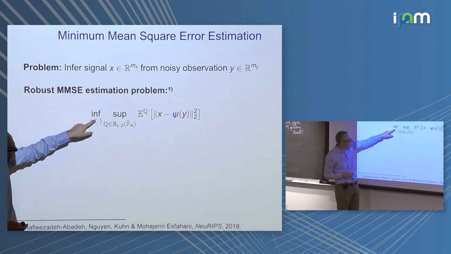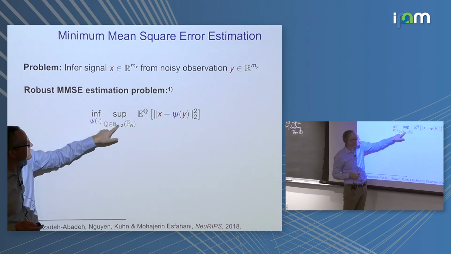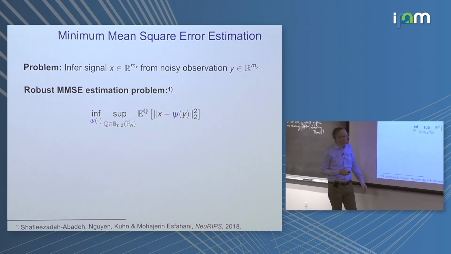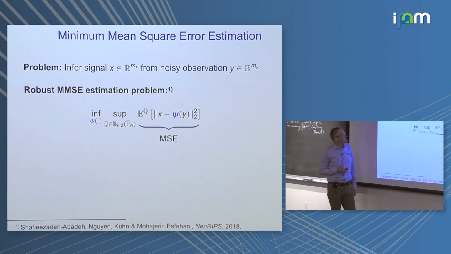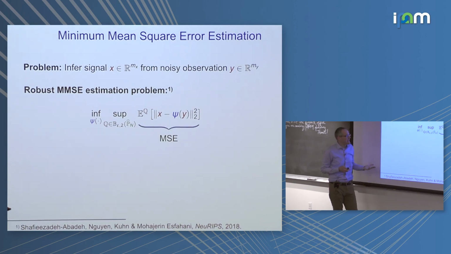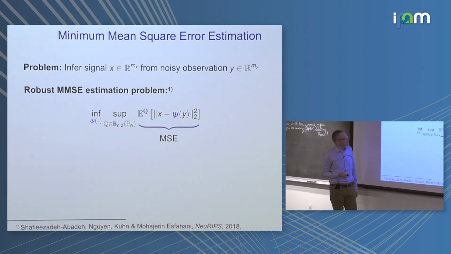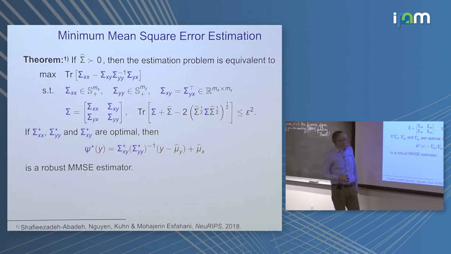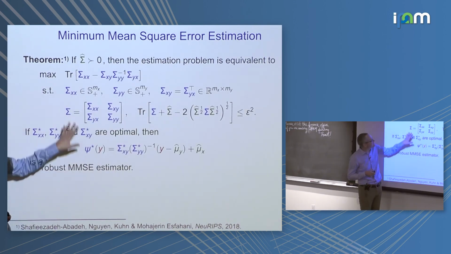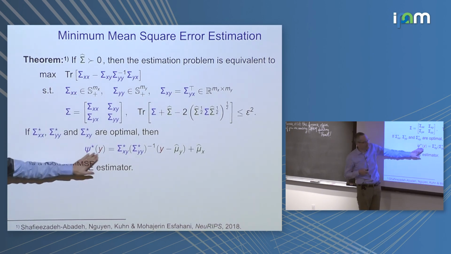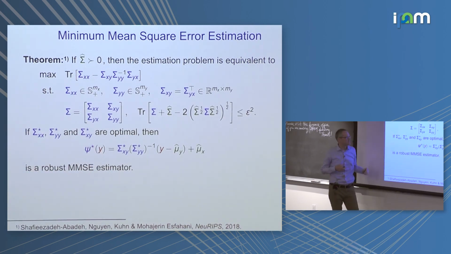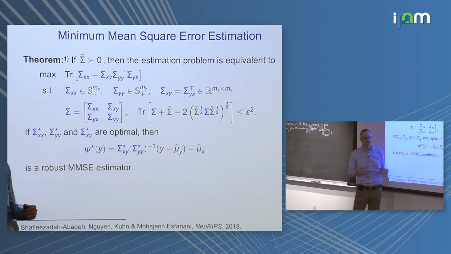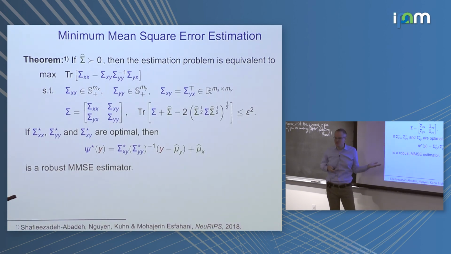So we optimize over functions here, and here we optimize over distributions. So an infinite dimensional zero-sum game. If the nominal distribution of this type 2 Wasserstein ball is elliptical, we can prove that this problem has an exact SDP reformulation, which is this one here. And we can prove that the optimal estimator can be constructed from the solution of this nonlinear SDP and is linear. Okay? So even though we optimize over all possible measurable functions, that's a setting where an adaptive distribution robust problem has a linear optimal solution. So it's a case where linear decision rules, in the language of robust optimization, happen to be optimal.